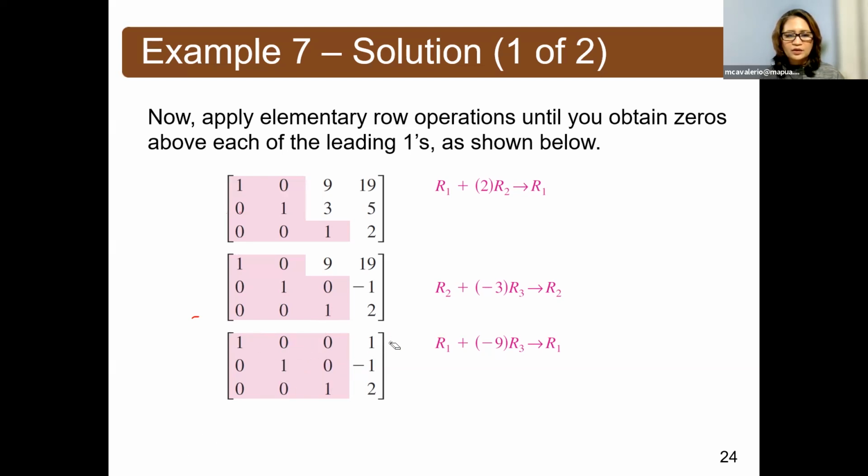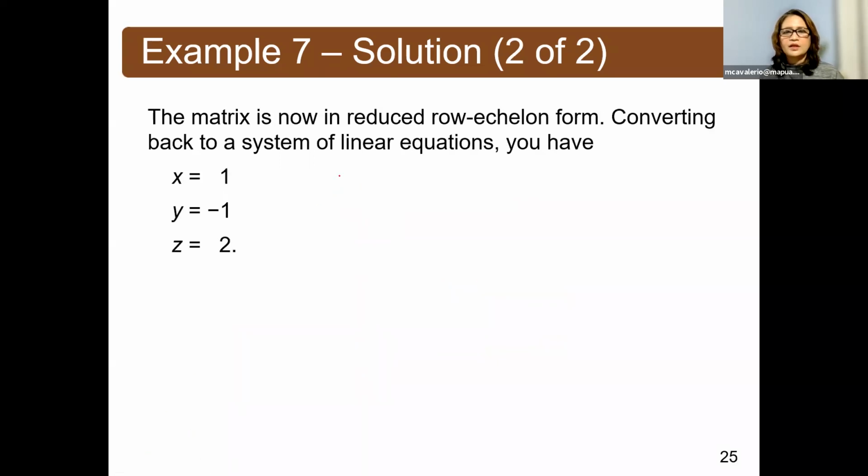Consequently, we can interpret the reduced row echelon form of the matrix in terms of the solution. So we will have z equal to 2, y equivalent to negative 1, and x equivalent to 1. So you have 1, negative 1, and